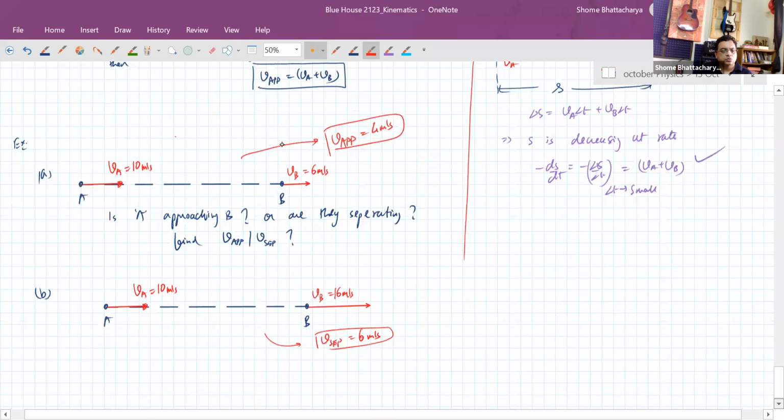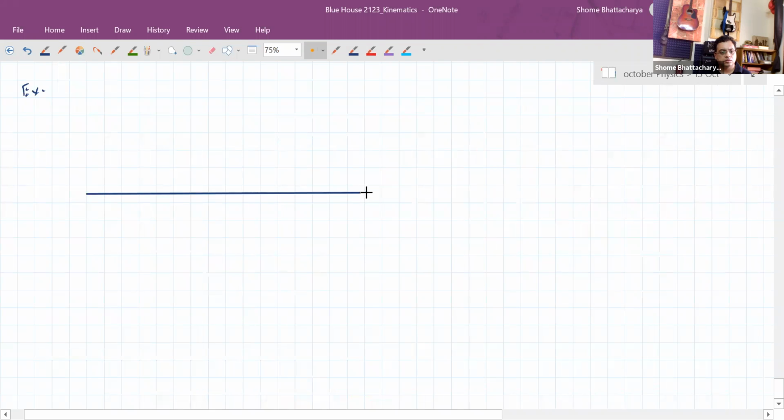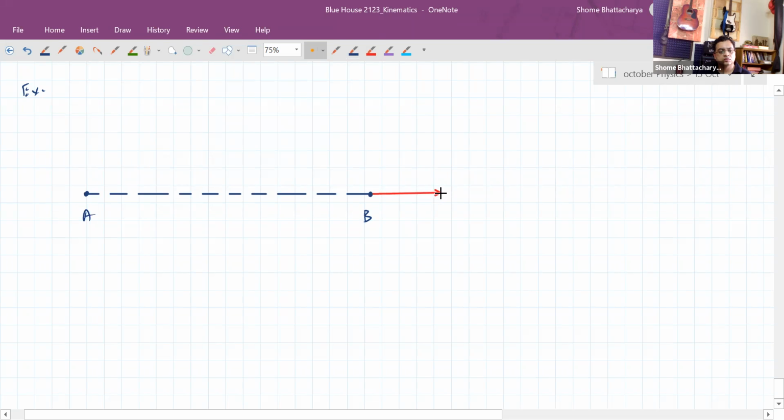Okay, now let's see the more complex situation. What if something like this is happening, that if this is the line joining the two particles at a given instant of time, but they are not moving along this line, at least not both of them. Okay, so suppose what is happening is that before that, let's also look at one example where they are actually separating from each other. Oh, we have seen that example. Okay, so